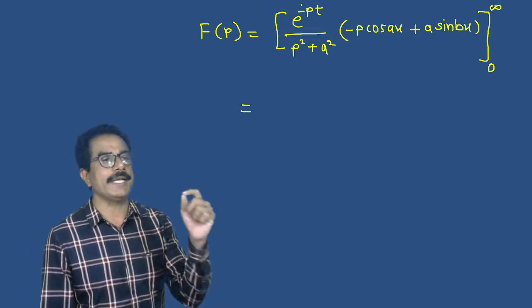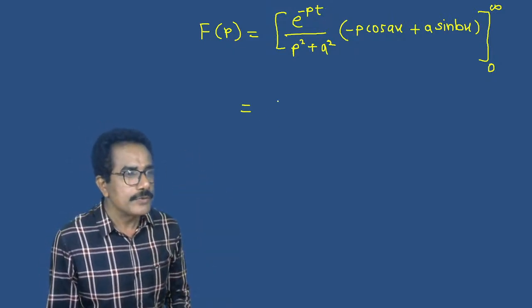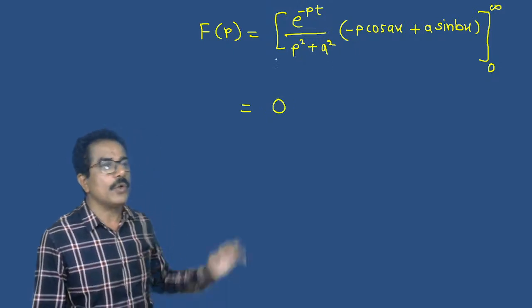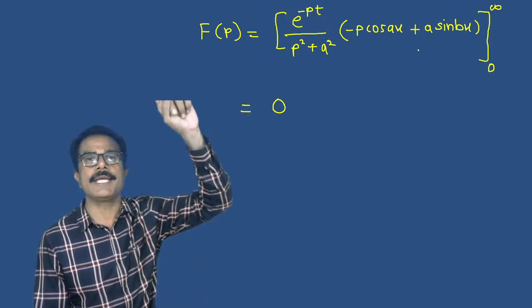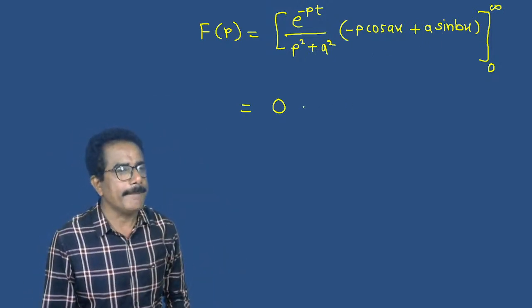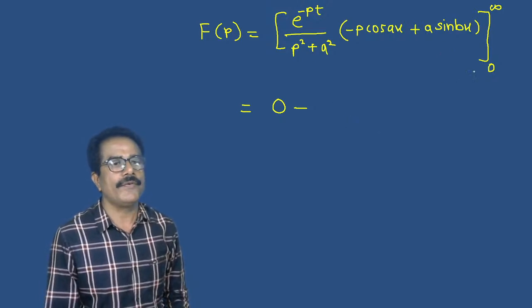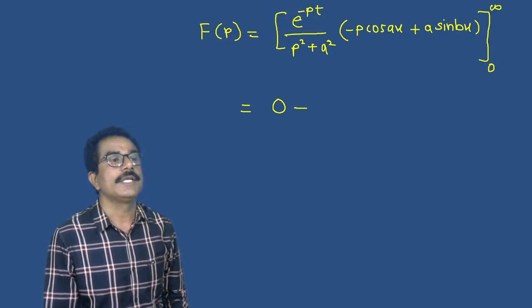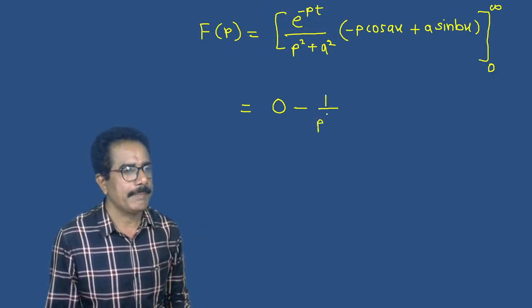So e raised to minus pt, e raised to minus infinity, goes to 0. So the total value of this function goes to 0 when we take the limit as infinity. Then minus, now the lower limit we have to put. For t equal to 0, e raised to 0 means 1, divided by p square plus a square,